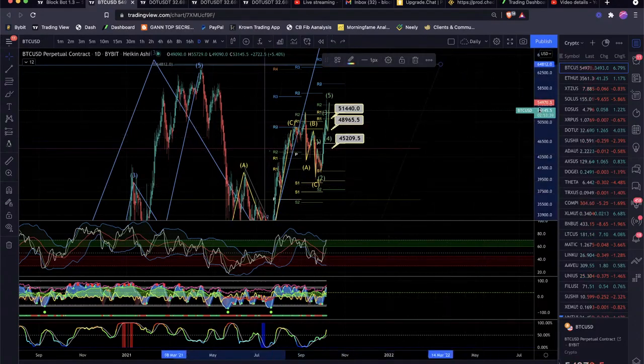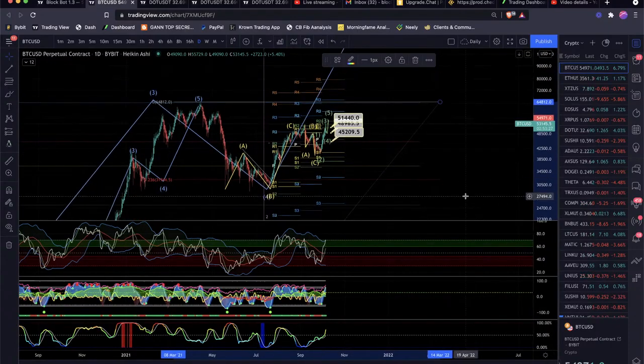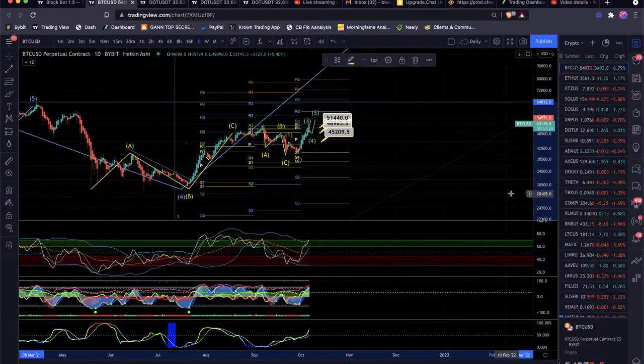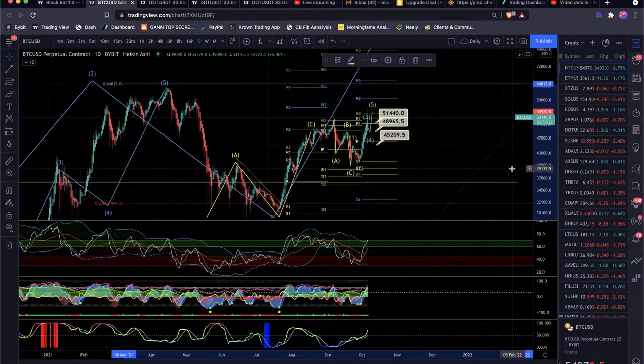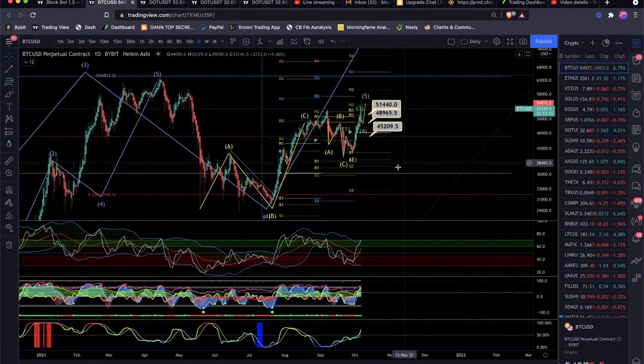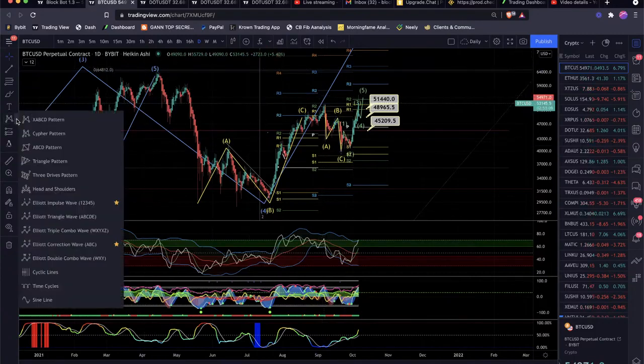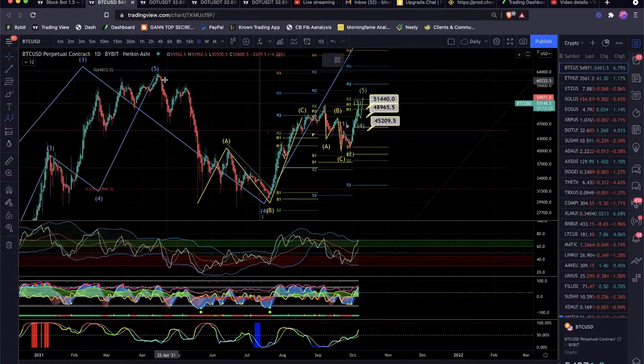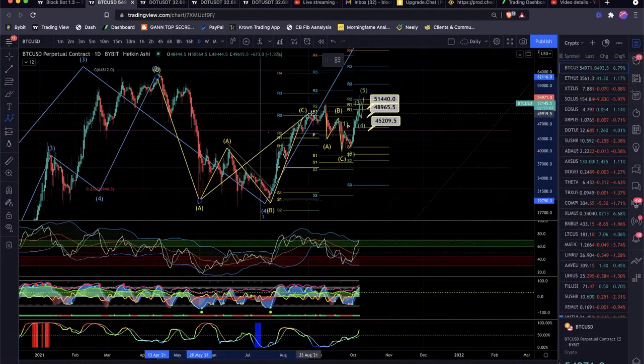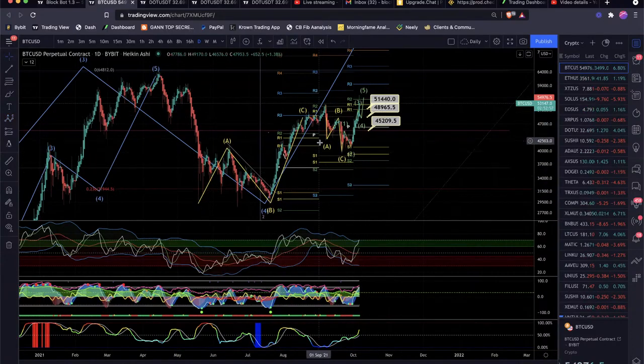Again, guys, this is the daily. All right, so we had a couple different options that were on the table for us, and one of them is that this was the C wave, and that this right here would be coming down for another C wave, which would basically make this whole thing right here our A down, our B up, and then another C down. Okay, so with this move here, that move is off the table in my opinion,